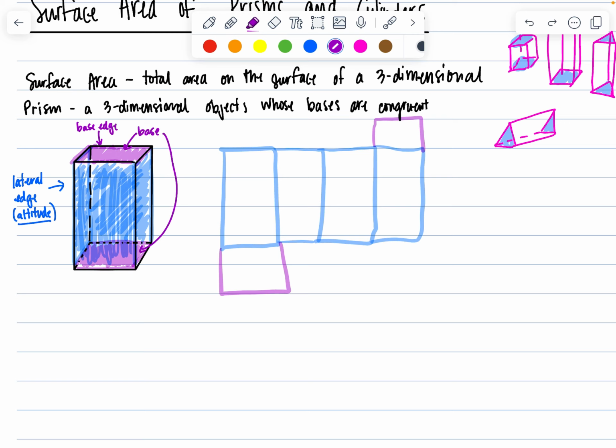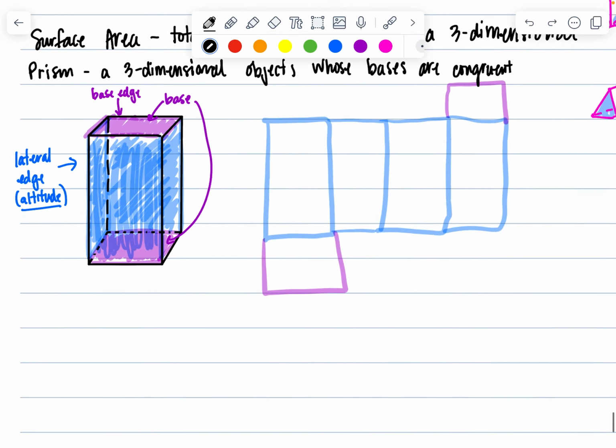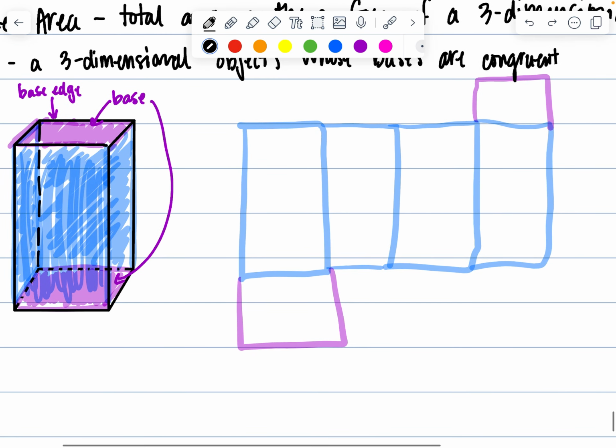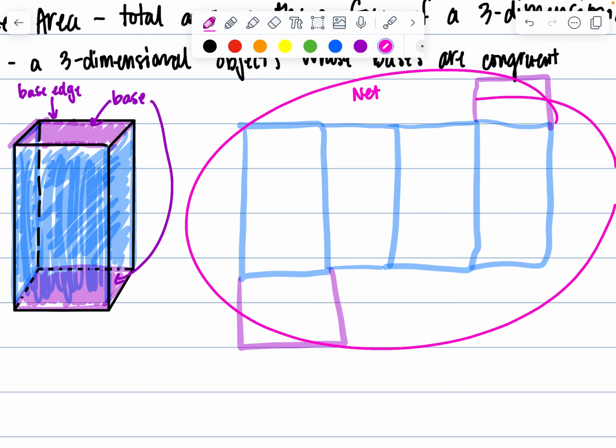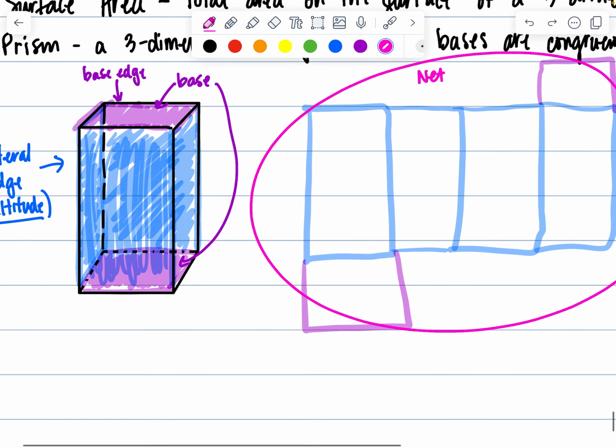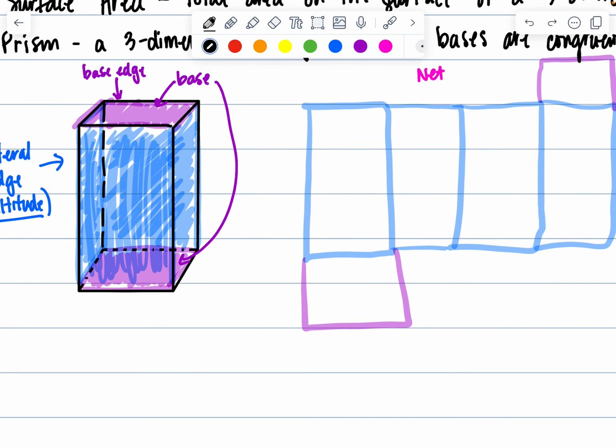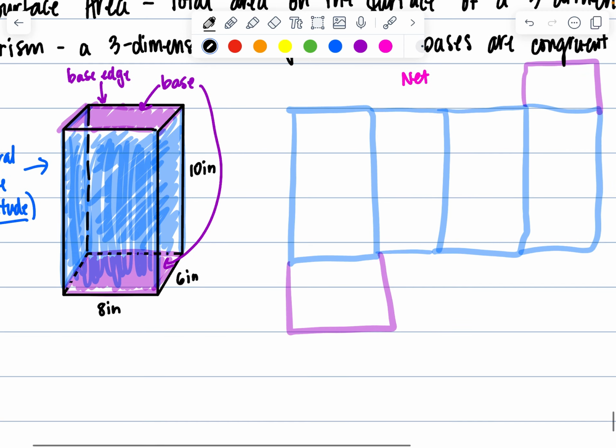Okay? If I actually put dimensions on this, we could lay them out onto this, what we call a net. I'm going to do this in pink. You do not have to copy this part down. I did this in color just so you could visualize this with the diagram to the left. But if I put, for instance, 8 inches here, 6 inches here, and 10 inches here, then we could actually overlay it onto this net. Okay, we would have 8 inches, 6 inches on the side, and then 10 for the height,